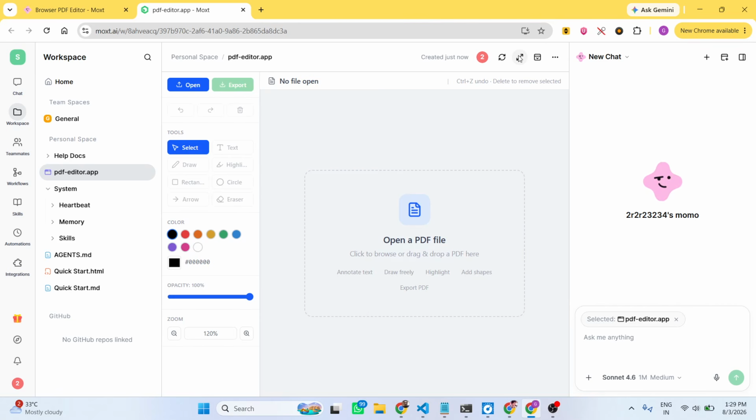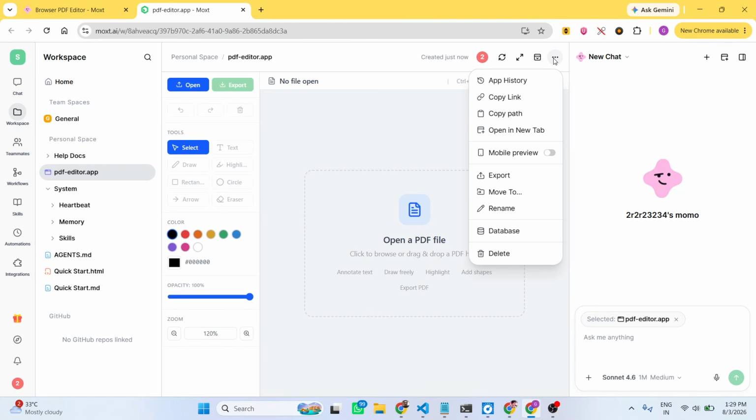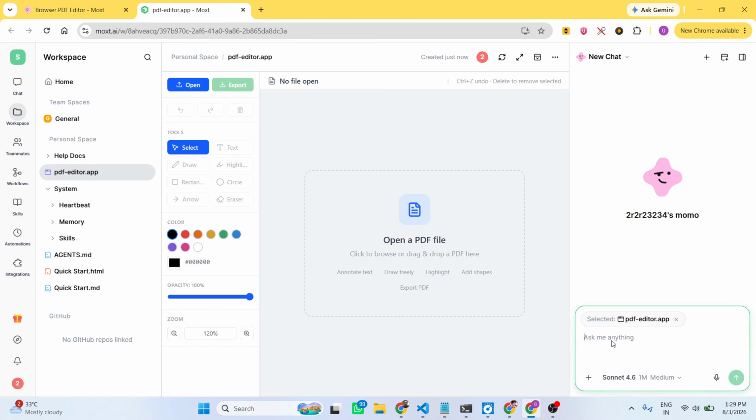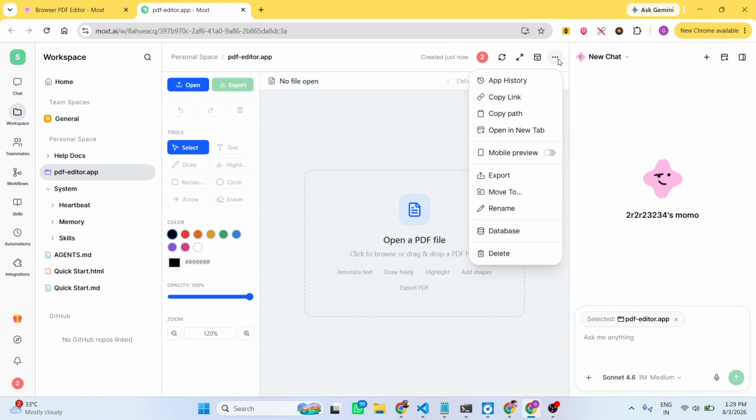So this is a complete PDF editor. As you can see, definitely check out this website, guys. It has all the features